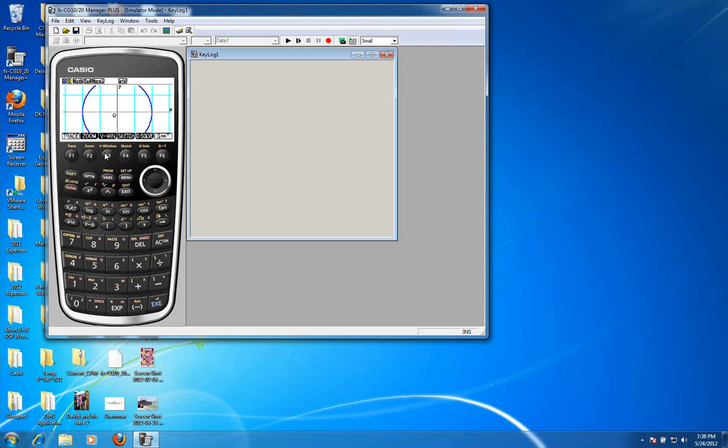Let's change the window a little bit. I'm going to ask it for a trig window. Now this is probably going to change my max there. Yep, it's good. So let's take a look at that.